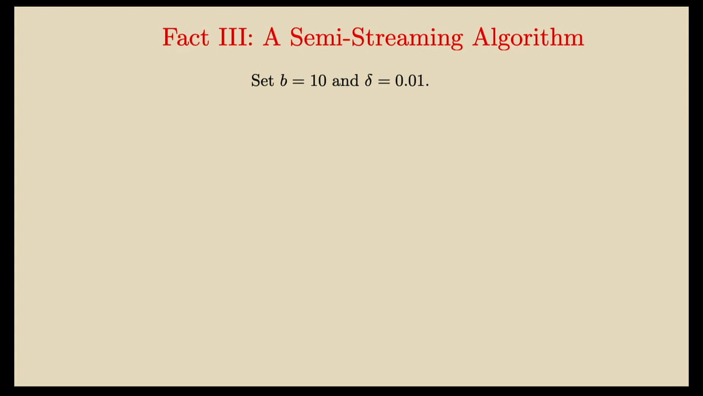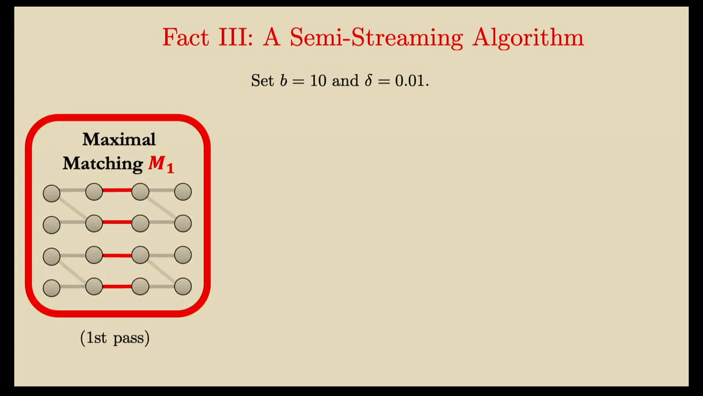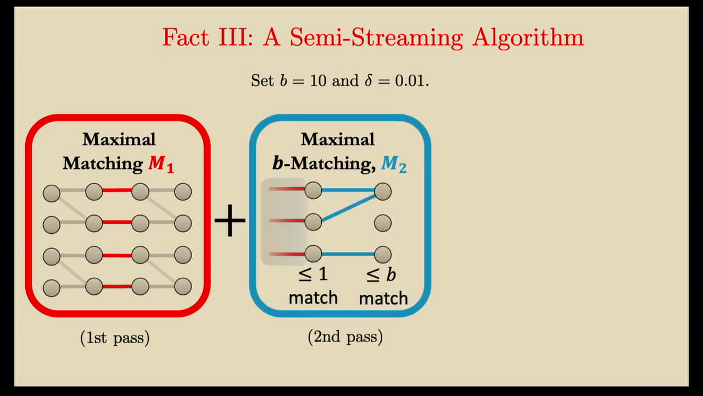I will just describe this algorithm, I will skip the analysis for lack of time, but the algorithm is very easy to describe. Think of B as being some large constant, let us say 10 or even 100, and delta being some small constant like 0.01 or 0.001. Here is the algorithm. In the first pass, you just get a maximal matching M1. In the second pass, you just get a maximal B matching between the matched nodes and unmatched nodes in M1,